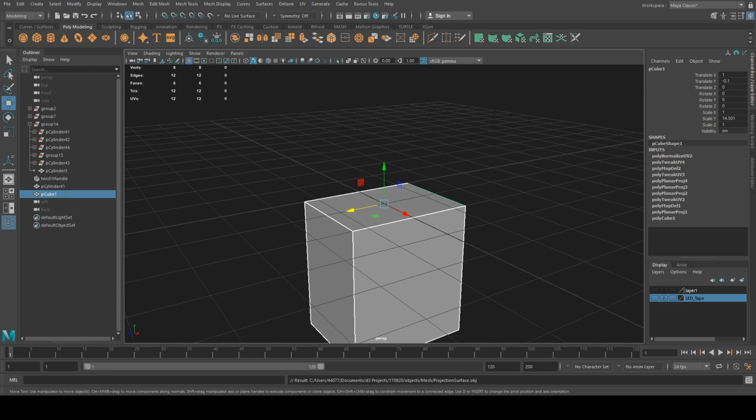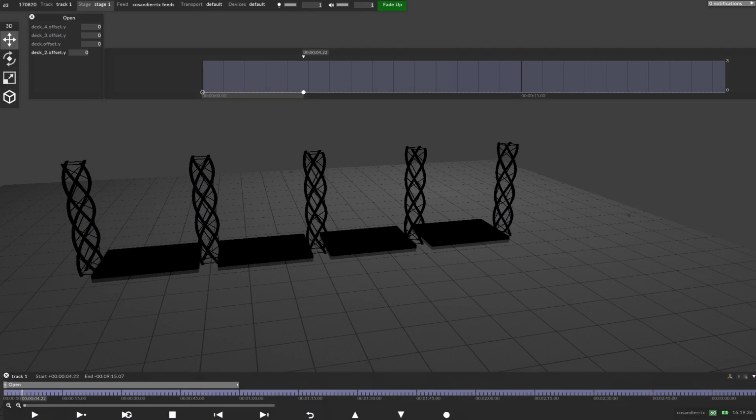We'll jump to our Disguise project. And now we're going to add another screen. So let's add lift screen 1. And lift screen 1 is going to use our projection surface. And now we can start playing with scale. What's really cool is that now if we add here too,